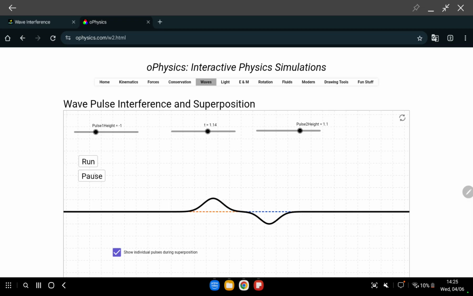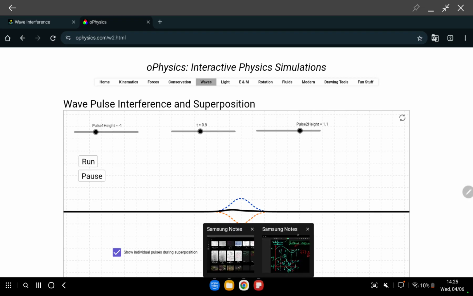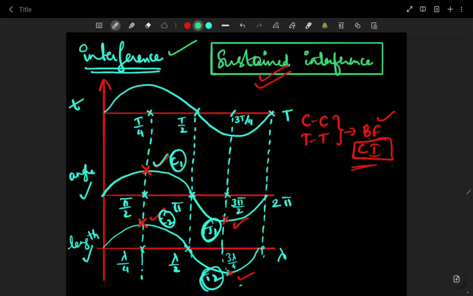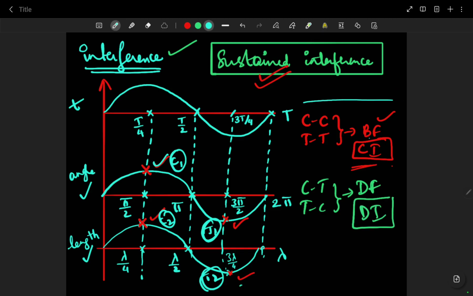So if they align, you can see that they cancel, right? They cancel because plus 1 minus 1 gives you 0. So this is exactly how your destructive interference will happen. So now I'm writing the correct conditions. Okay, so crest with a trough or trough with a crest are going to give you the dark fringe, which is destructive interference. So I want you to write this in your notes properly, the conditions for constructive and destructive